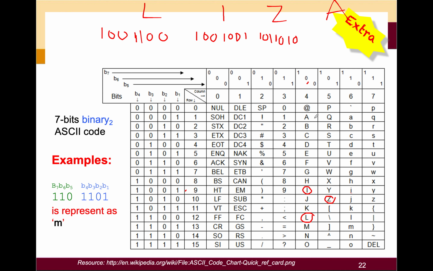Another one is A over here, which is 100 and 100, and then 0001. Is it? Okay. So these are the binary numbers for my name. If you can see over here, this is my binary number. And let's say you have a very secret message to your girlfriend or to your boyfriend,